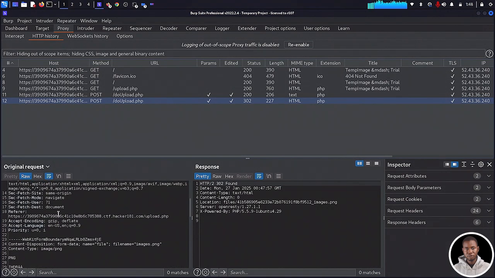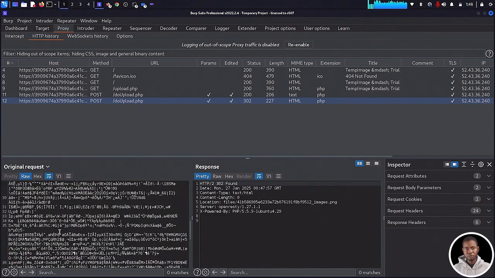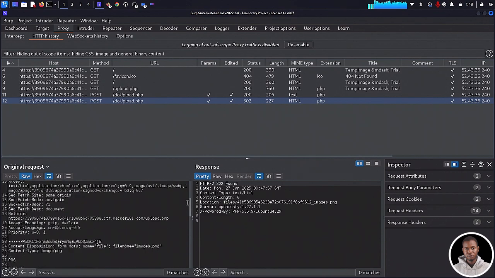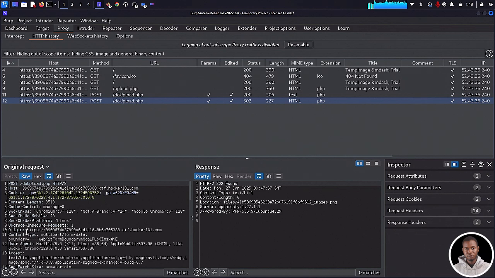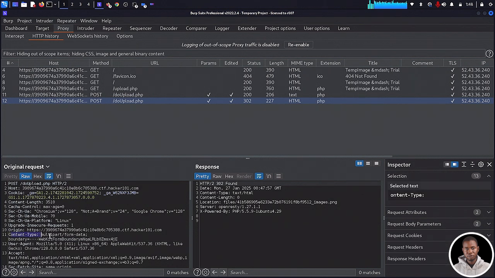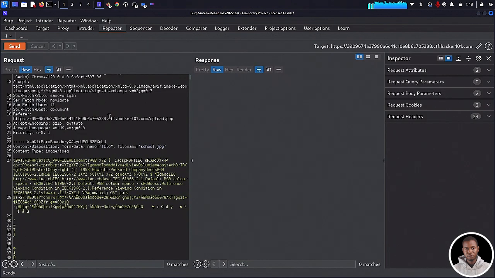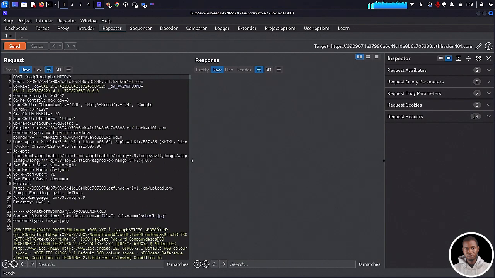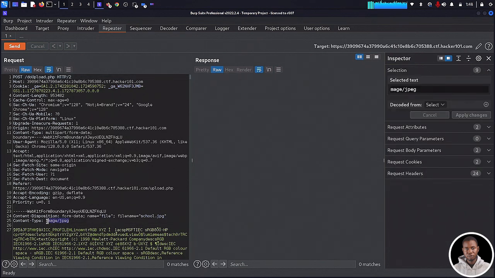Now you can see that the new request has, I think I saw it now. So the new request, which we sent, has a content type of multipart/form-data. And the previous one, which is on the repeater here, has content type image/jpeg. So what if we're able to modify this to see if the application is going to treat our JPEG file